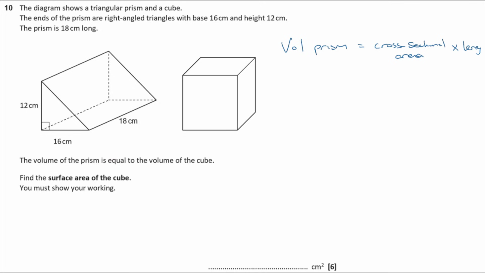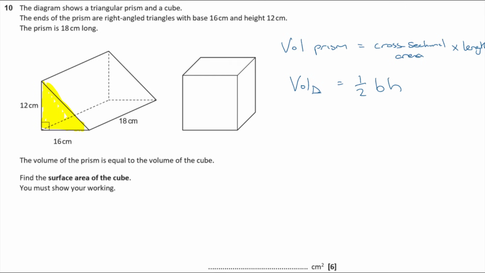Times height or length. It's the distance between their front and their back face. Right, so our original prism, the volume of the triangular prism, what's that one then? What is the cross-sectional area? It's a triangle, so its cross-sectional area is going to have formula half base